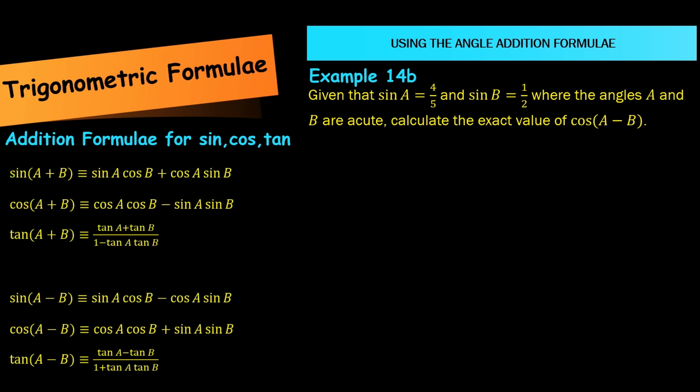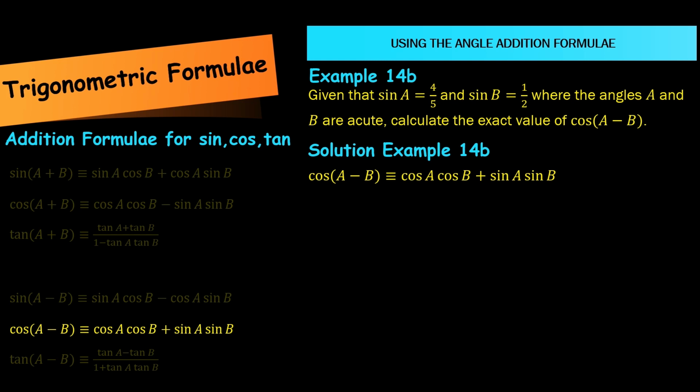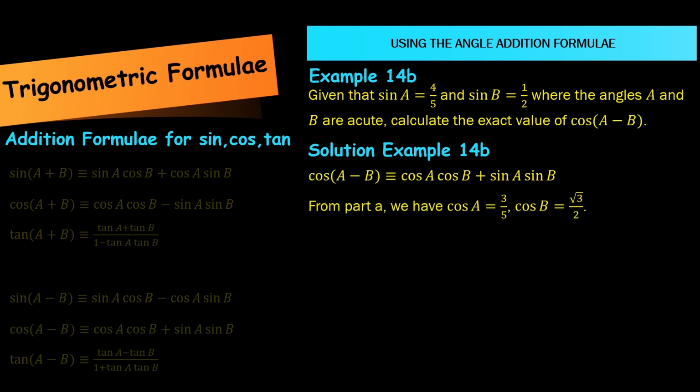We're going to use the formula cos(A − B) is identical to cos A cos B plus sine A sine B, in order to find the value of cos(A − B). From part A, we have that cos A equals 3 over 5 and cos B equals root 3 over 2. So if we substitute the values into this formula,